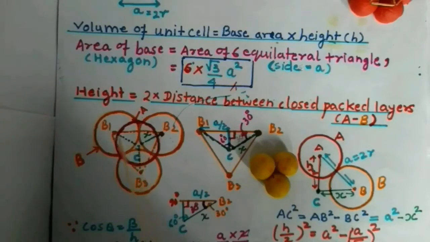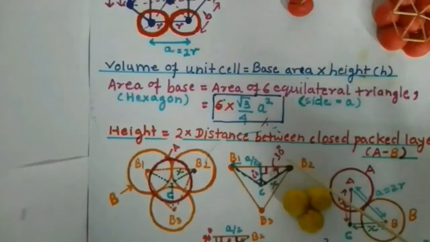It is represented as X. Here C represents the centroid. If we join the centers of these three yellow spheres B1, B2 and B3, an equilateral triangle will be formed. Now we have to locate the position of the centroid. If the position of the centroid is represented at C, we have to find out the distance between the centroid and the center of B2. This distance is represented as X. Now let us find out the value of X.